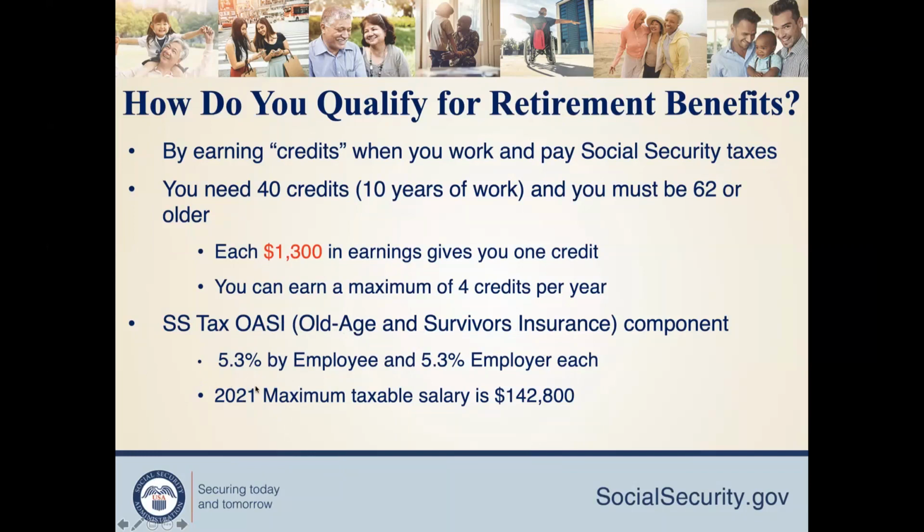It has been going up. Isn't that 6.2? Yeah, that is including DI, right? So 5.3 is OASI. I am only talking about that. 0.9 is DI, which is disability insurance. So total is 6.2. Okay. So as we are talking about retirement benefits, it's only 5.3 plus 5.3. So 10.6% of your salary, maximum taxable is